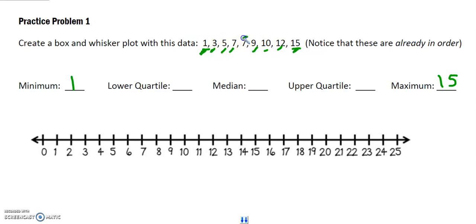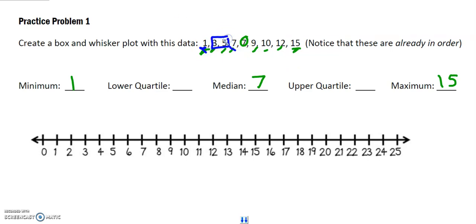And notice I'm left with 7. And always circle that middle number. And if there's 2, just draw a line in between. So I am going to write 7 as my median. And then remember from before, what you're going to do is you're going to do the bottom half, find the middle of the bottom half to get your lower quartile, and then find the middle of the upper half to get your upper quartile. So I'm going to go ahead and cross off 1 and 7,